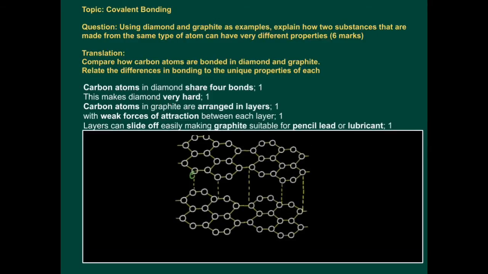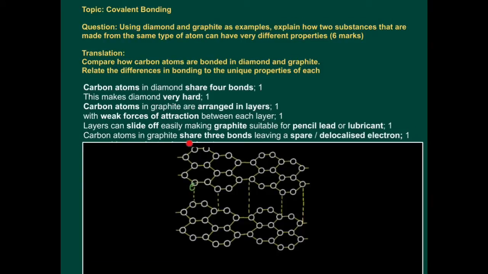Now let's relate it to the properties. Layers can slide off easily, making graphite suitable for pencil lead or lubricant. So because of this weak force of attraction, these sheets can just slide off very easily and leave marks on paper, for example. But also, carbon atoms in graphite share 3 bonds, not 4 bonds like in diamond, which leaves